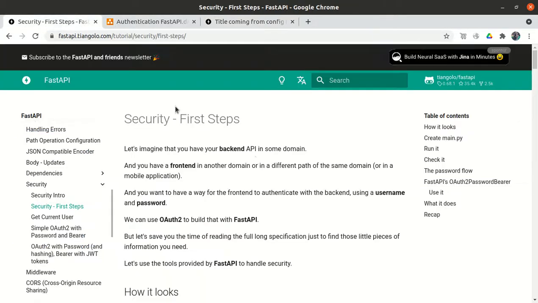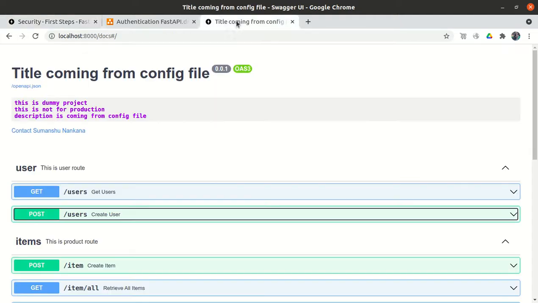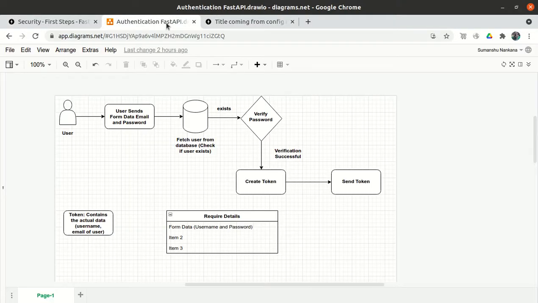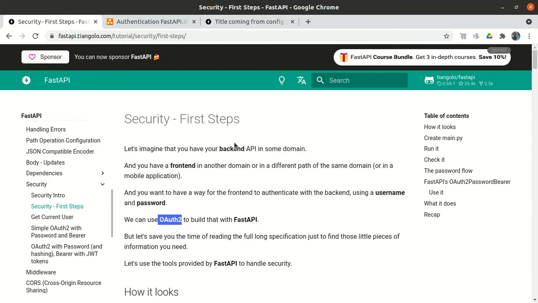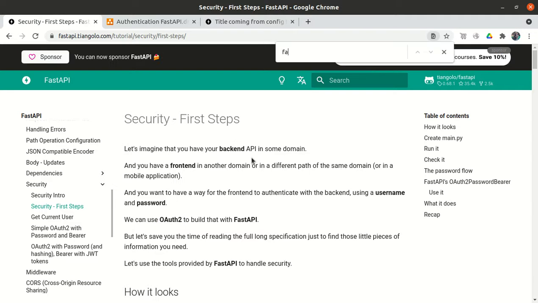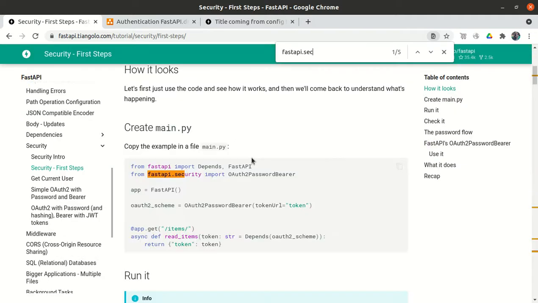This is because we are using OAuth2, basically third party tools. All the third party tools exist in the FastAPI.security module. So let me show you FastAPI.security.